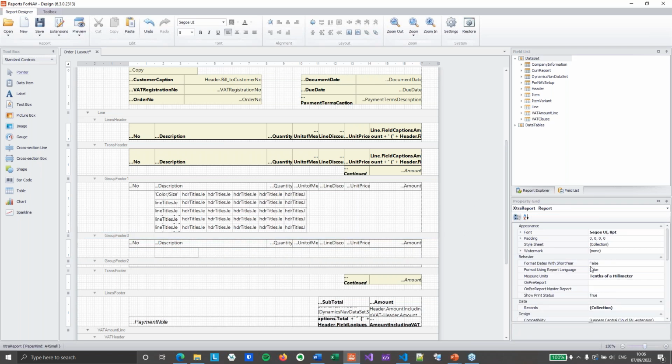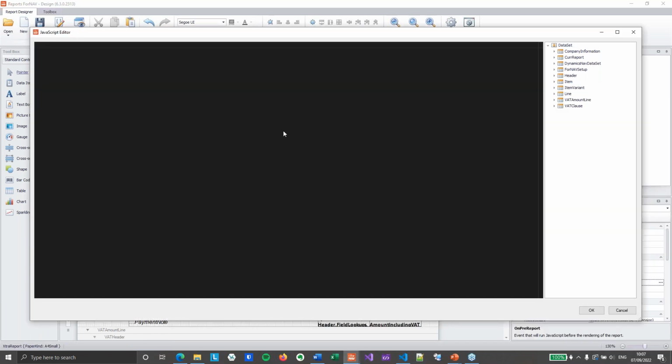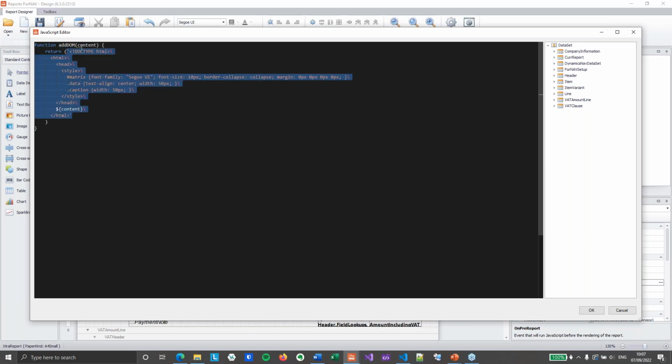Then, like I said, I'm going to need some basic HTML. To do that, I will open my onPre-report JavaScript, and I will create a new function in there. And I will do some really fast typing. I've created a new function called add_DOM, and this function returns a basic text object which is an HTML, which has HTML text. The backslashes at the end of the line mean that my text variable can span multiple lines in my editor,